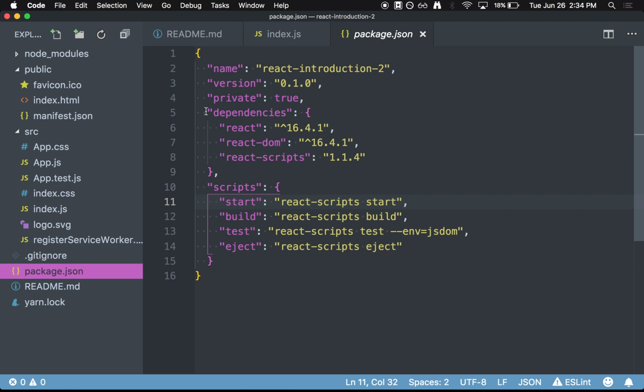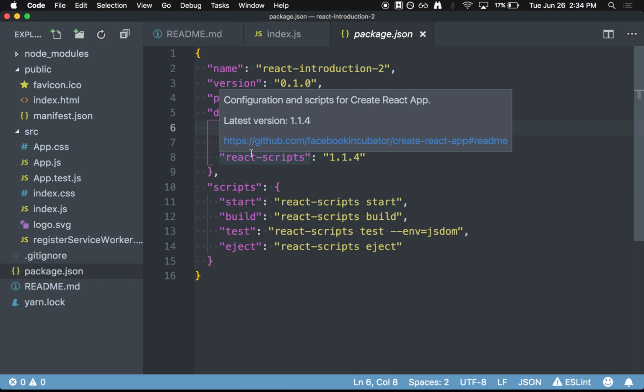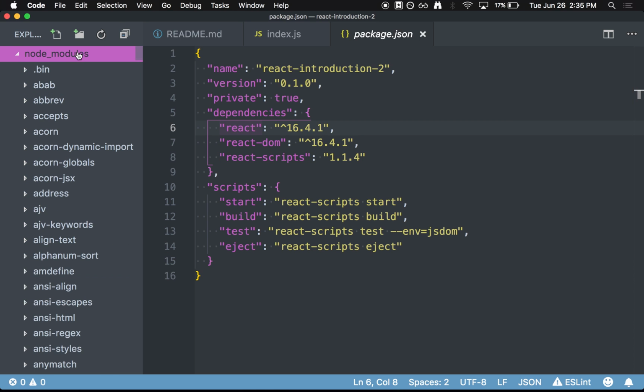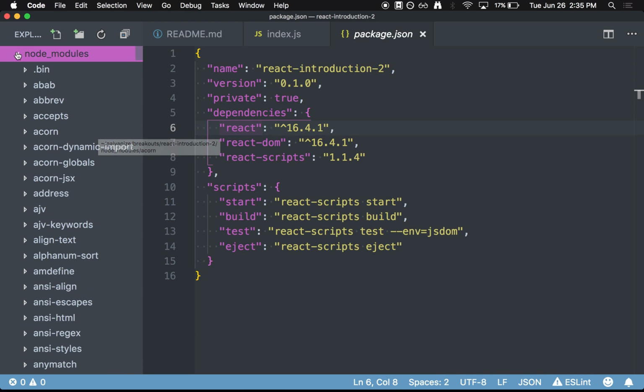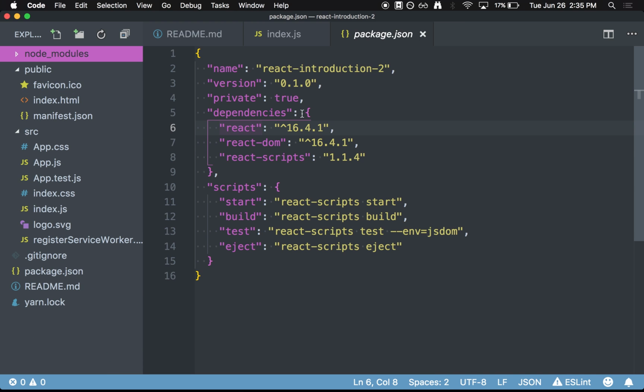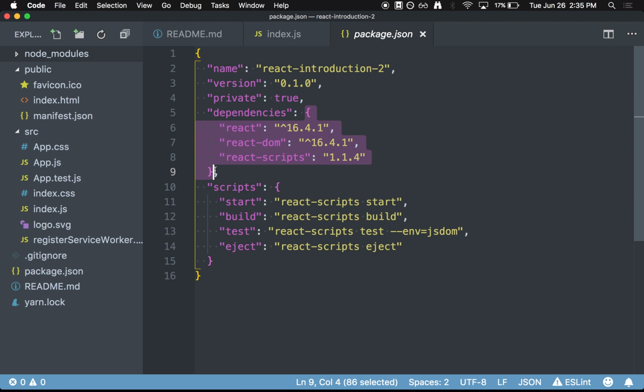You see we've got this section of dependencies. Package.json is just a JSON object. We've got these dependencies: React, React DOM, React scripts. These all have individual dependencies, and that's what comprises the node modules. So it's always going to be an intimidatingly large amount of stuff. You really mostly need to worry about what your actual dependencies are